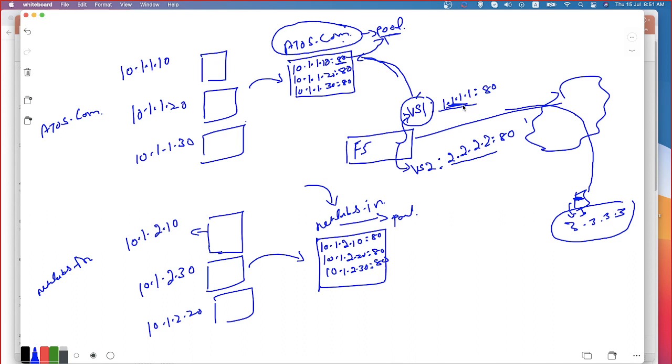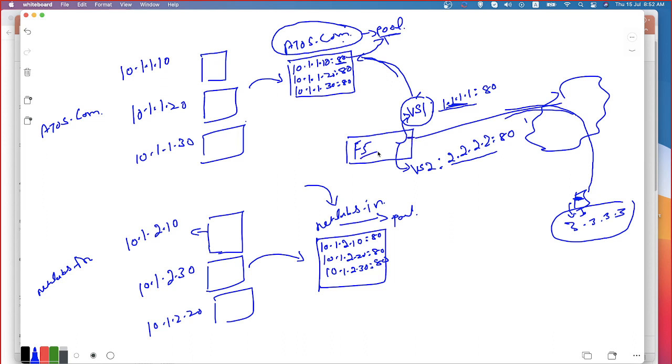Okay. Now, if somebody is trying to access netlabs.in, obviously the domain name is going to be resolved to 2.2.2.2. If not, the request will not come to me, right? So I need to make sure that the netlabs.in is pointing to 2.2.2.2, so that the request will come to 2.2.2.2, which is nothing but my external interface. The traffic will come.